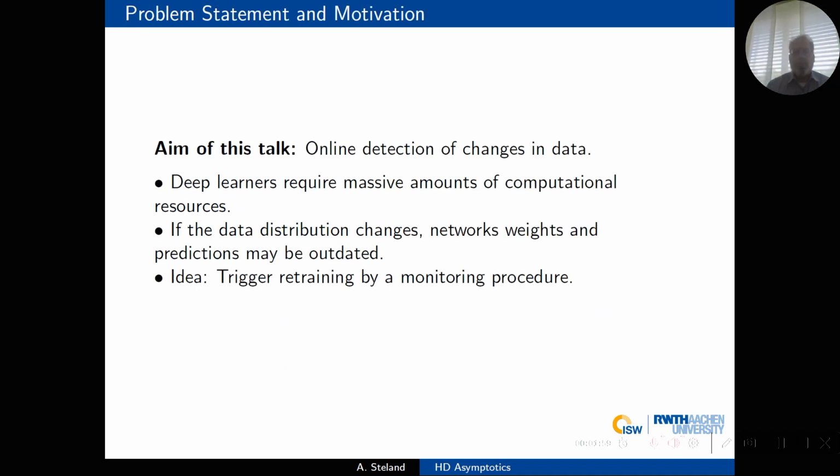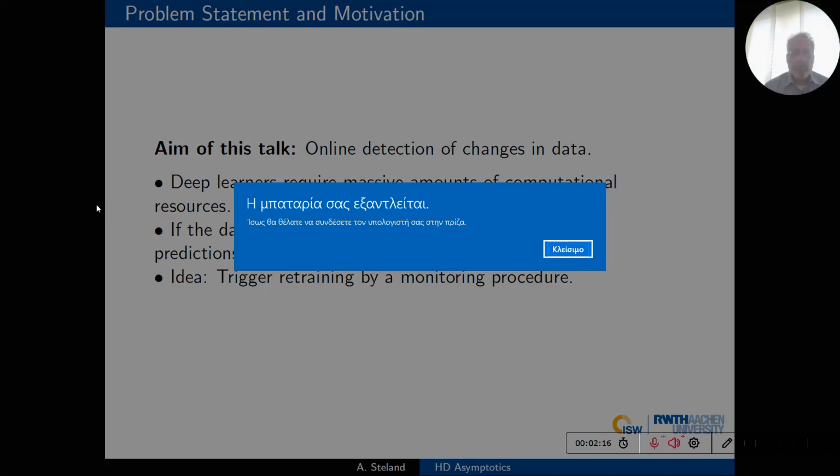Okay, so the motivation and aim of this talk is to have a model procedure for online detection of changes in data. And the motivation I have is indeed related to these deep learners because